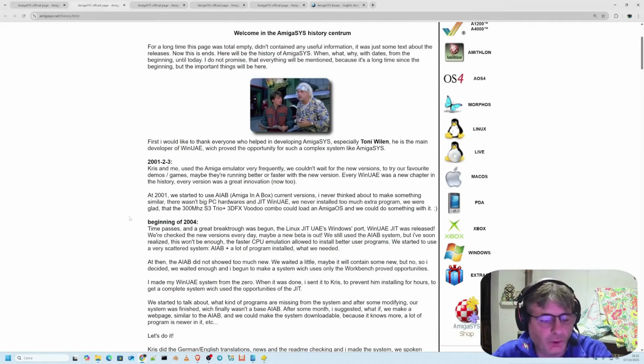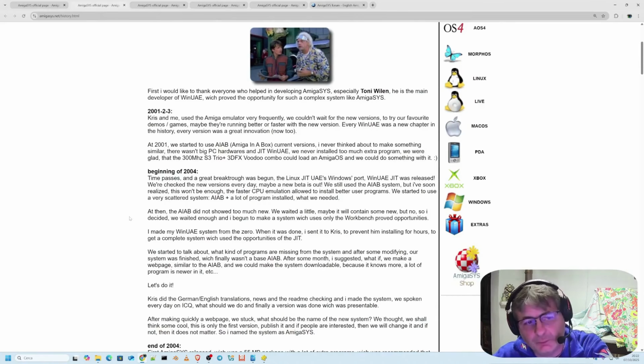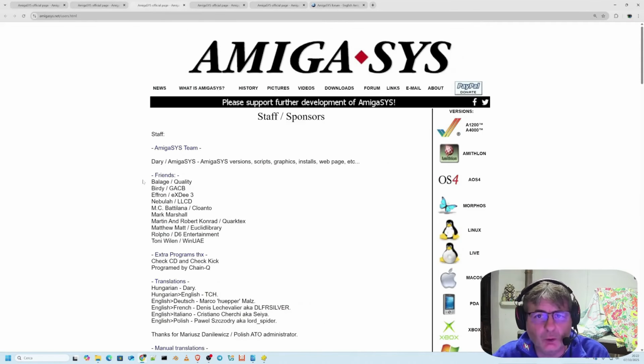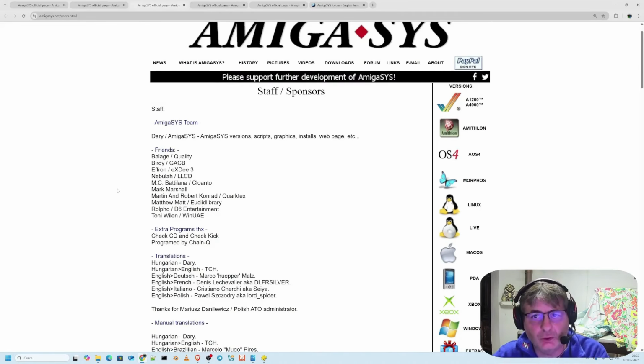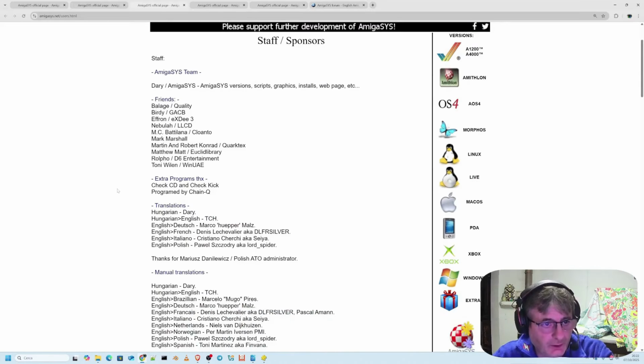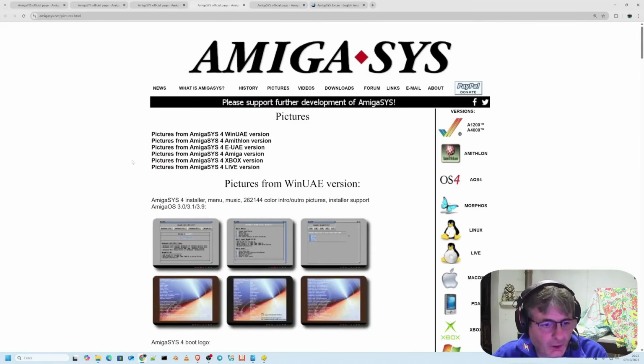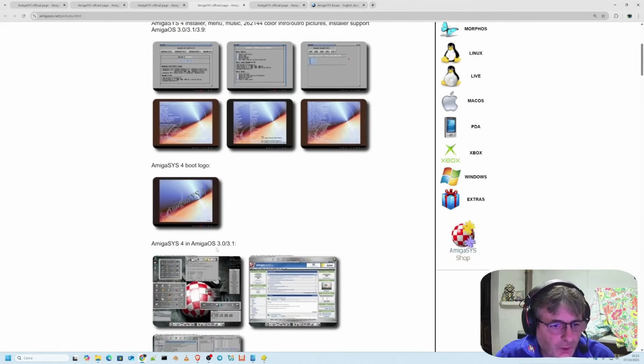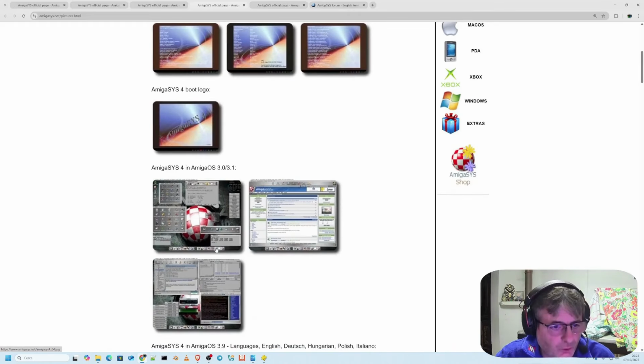And at the beginning, it was a pre-configured package for Amiga emulators, particularly for WinUAE. What was or what is the goal? That's basically it. To offer an Amiga OS operating system ready to use with a modern interface, as you can see here in more detail on the official page, modern, with pre-installed software, Workbench, and so on. Amiga Sys boot logo, Amiga Sys OS 3.0, 3.1.